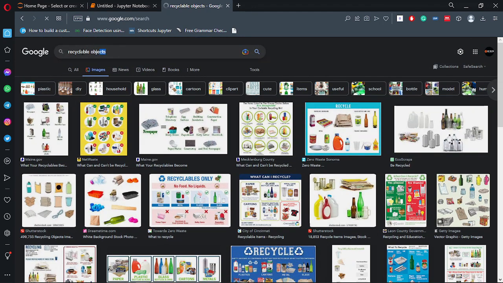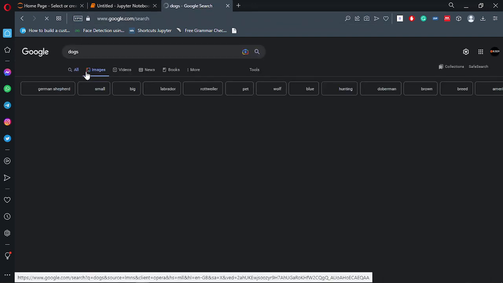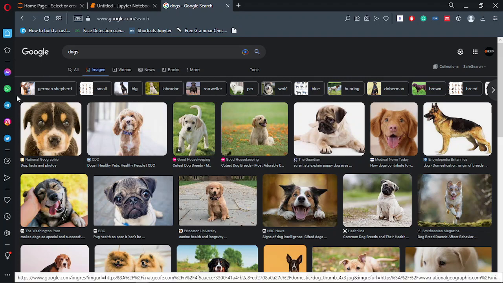Let me type here dogs. If you want to distinguish between dogs and cats, I just search dogs, and then I'll download all these images. Instead of downloading them one by one, where you right click, open the picture, and save it, which will take a lot of time,